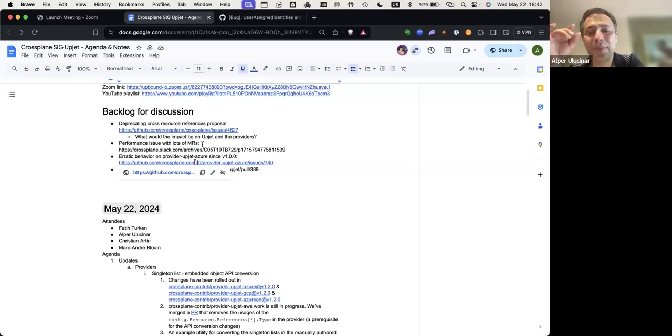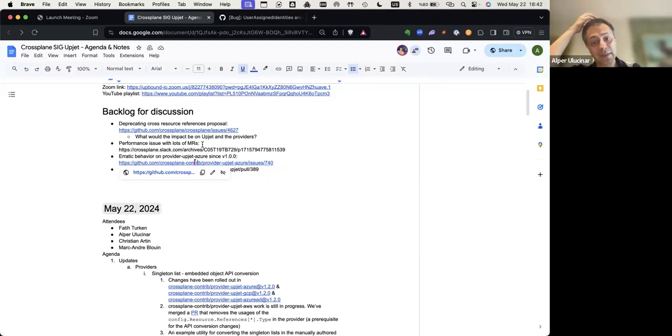Yeah, so for the poll period, let's assume there is no change detected by the provider. As you know, we do drift detection, and let's assume there is no change detected. We automatically reconcile the managed resource again after a configured poll period.